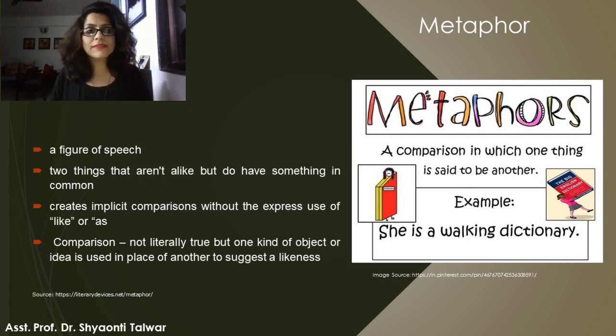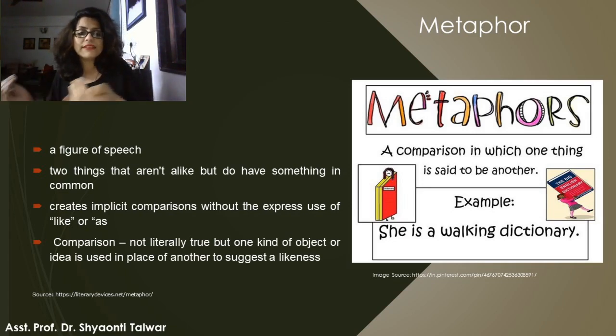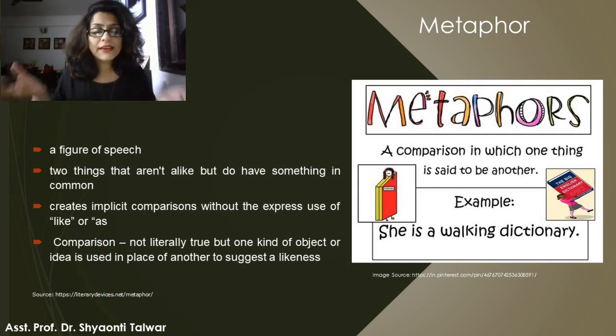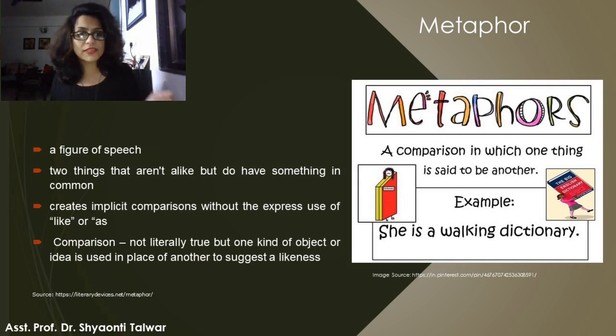So probably a lion's strength or a lion's courage, right? Or a lion's ability to fight, to put up a fight, or a lion's ability to hunt, to not cow down. So these are the qualities that I'm taking from the lion and I'm attributing them to the human being. So on the surface, though the human being has got nothing in common with the lion, there could be qualities that are inherent in the lion that I would like to transfer to another person or another entity or